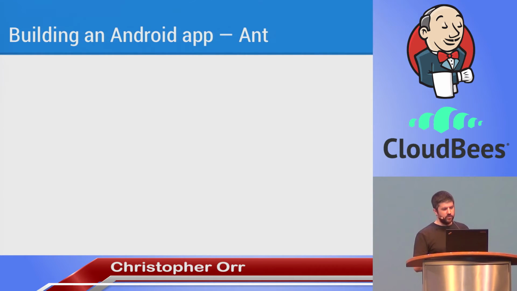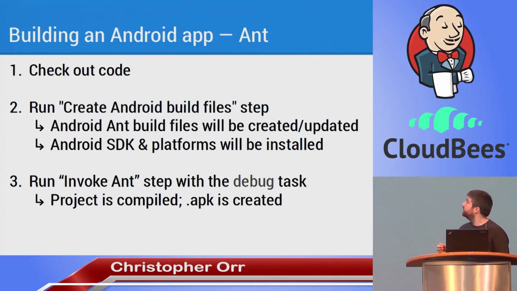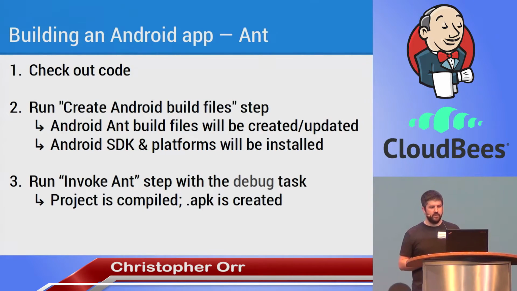So when you check out a repository, of course you need to get your code, and the Android emulator plugin provides this build step, which is called create Android build files, or create and update Android build files. So what this will do for you is search through your workspace and detect what Android version you want to compile against. If this is not installed already, it will go to the web, download the installer, and install everything on your build slave for you. And if you say this app needs to be compiled against Android 4.2, it will then download Android 4.2,